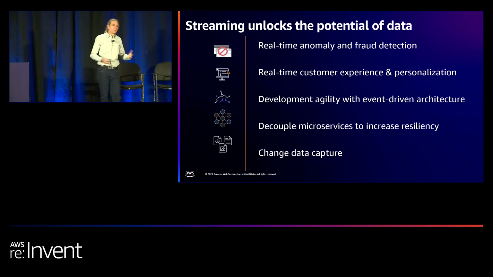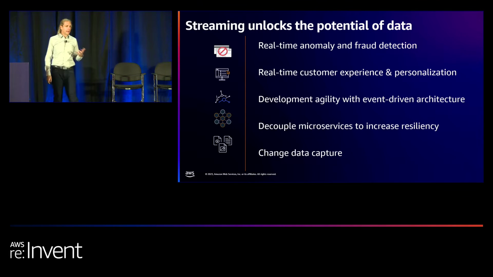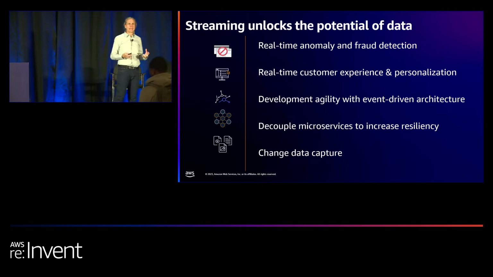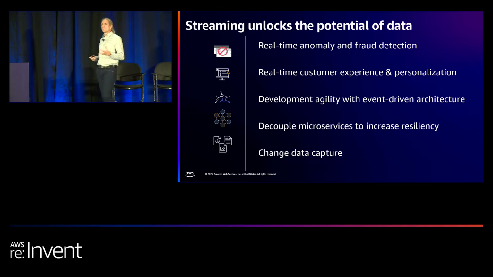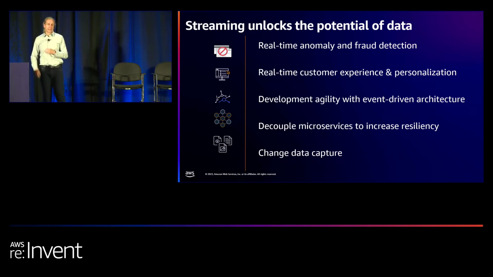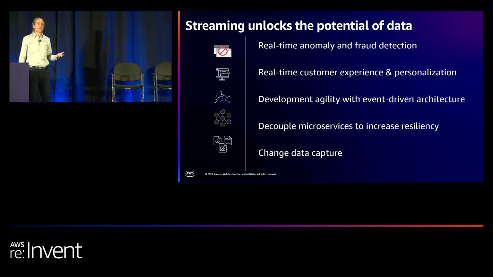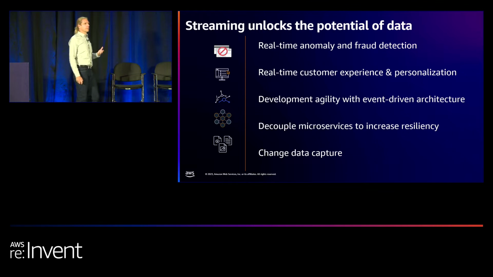So it's all about unlocking the potential of data. We talked about the real-time things. We talked about customer experience that you could do far more quickly and make much better. You can build event-driven architectures where you have microservices that are segregated, allows each microservice to evolve independently, but be able to stream data between them. And decoupling microservices is a really important way when we're building bigger and bigger applications. And change data capture is a really cool way to use streaming data as well. You're writing things into a database and can automatically kick off some other process based on that. An update record, a new customer field just appears in a database, and you can kick something off really effectively.